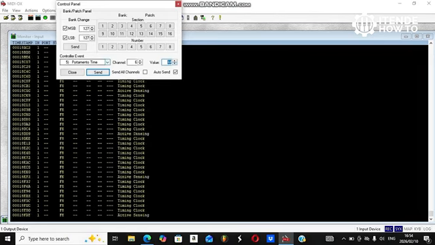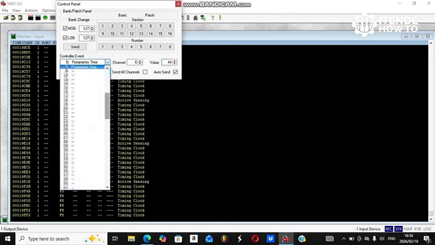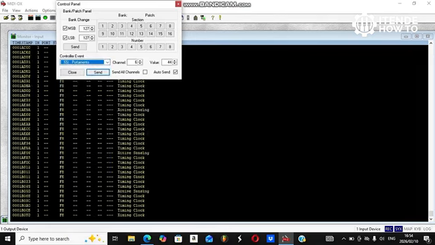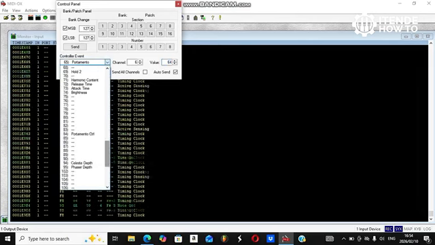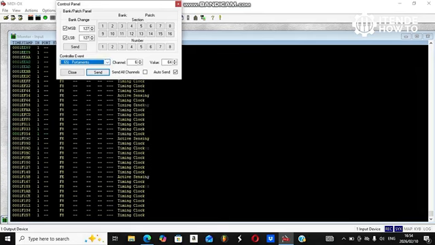So after doing that, you have to scroll down under the controller event and look for number 65, which is our portamento switch. So again we have to set channel 6. Then the value has to be above 63, because any value below 63 means the portamento switch is off, and any value above 63 means that you have enabled the portamento switch on.